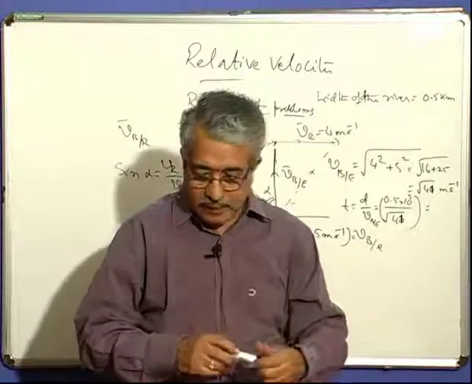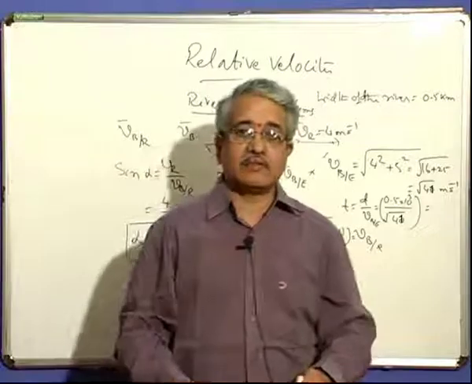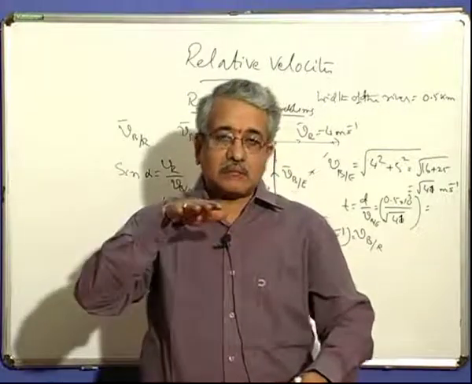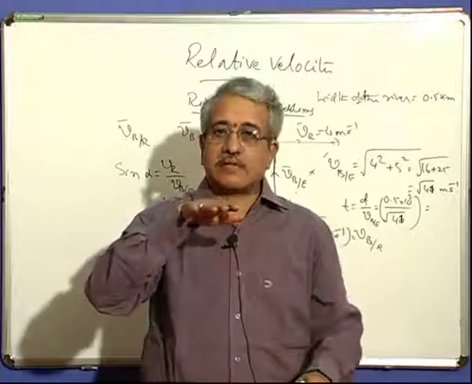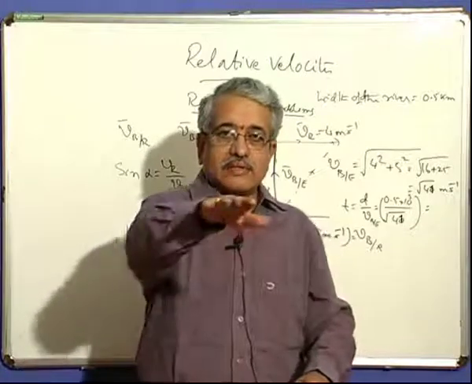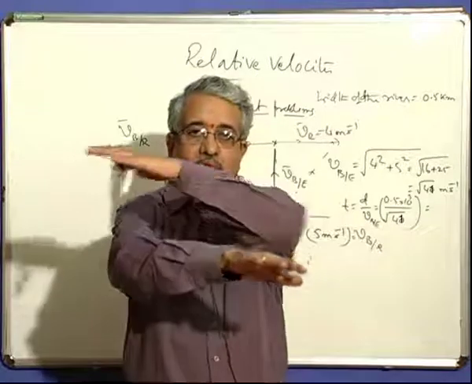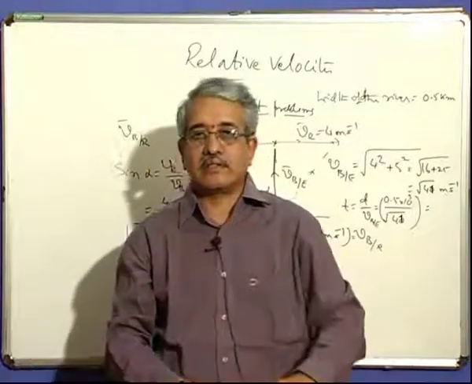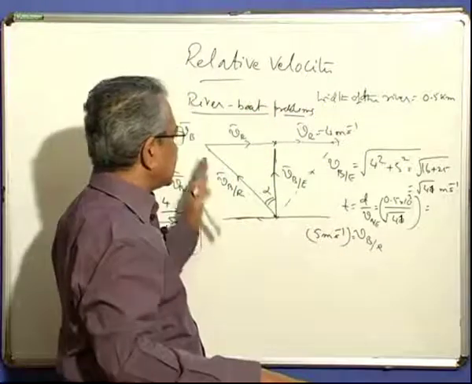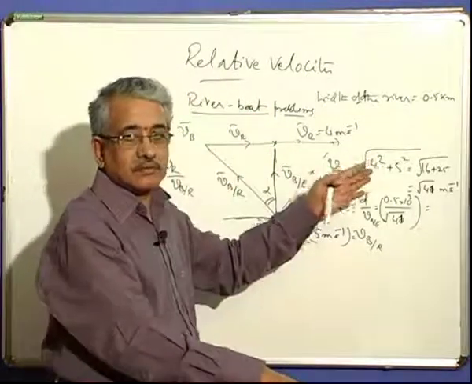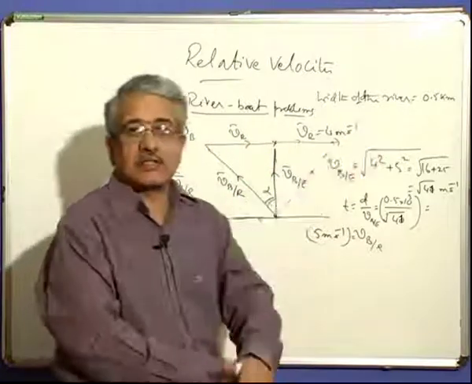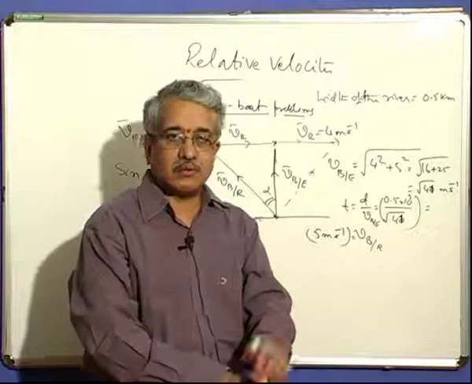Such problems come up even in flights. When you are moving in an aeroplane, the pilot inside will not be able to see the air. He thinks as if he is going in one direction. Say air is moving in the perpendicular direction there. Then he will be drifted according to the air. So relative velocity once again in the same way. Just like air, here it is a river. Similar problem there.